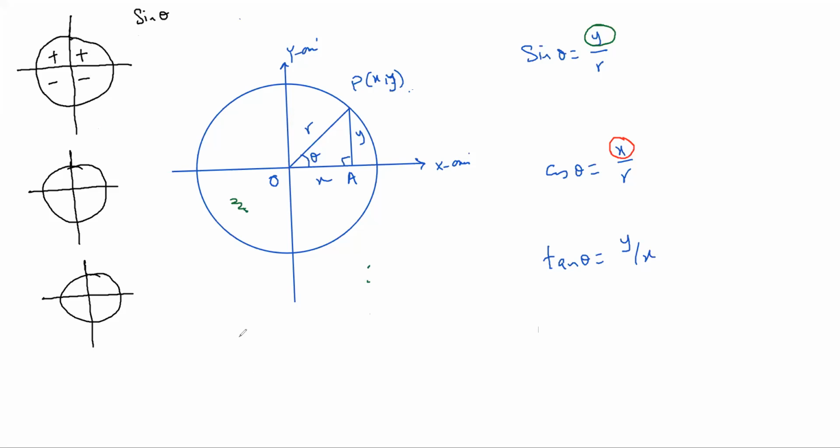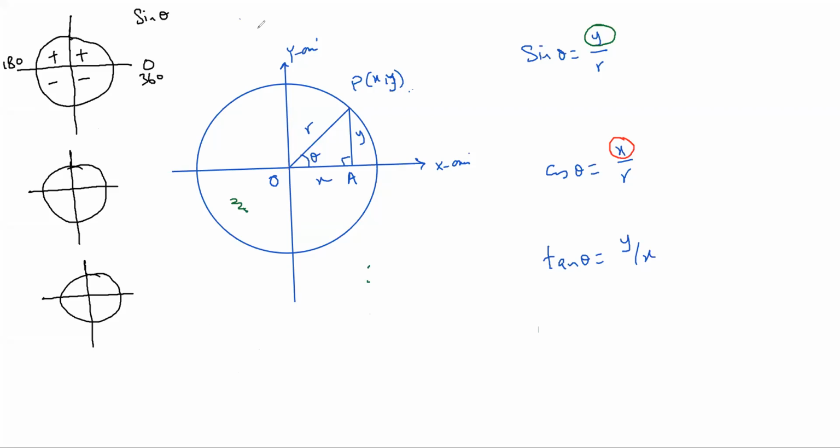So you can check any angle from 0 to 180 degrees. You will see that your value of sine will always be positive. If you take any angle between 180 and 360, this will always be negative. Okay? Now,